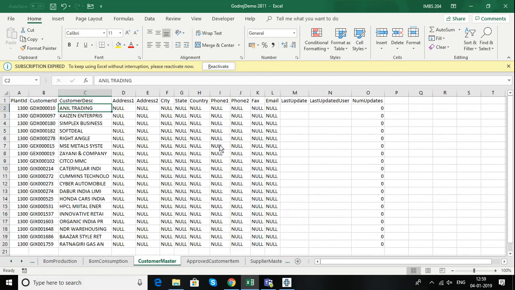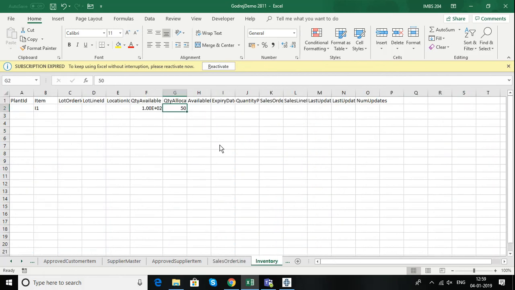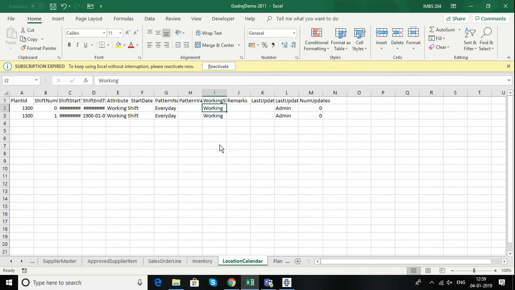Okay. Going back to sales order line inventory. So inventory is also done. Okay, location calendar. Now for each plant they will have some types of